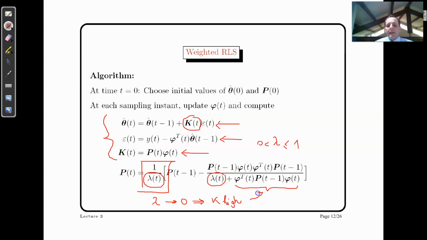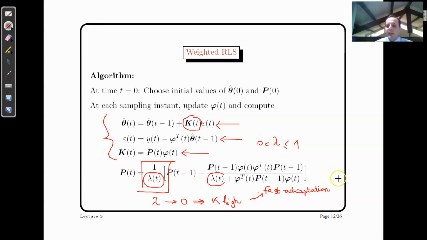So from one side, just to point out this issue, if P is very high, K is very high, so the adaptation is fast, you have the effect of fast adaptation,